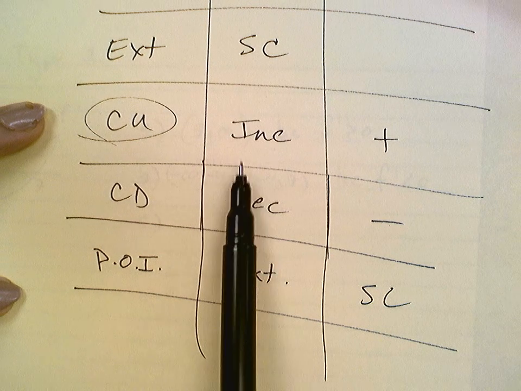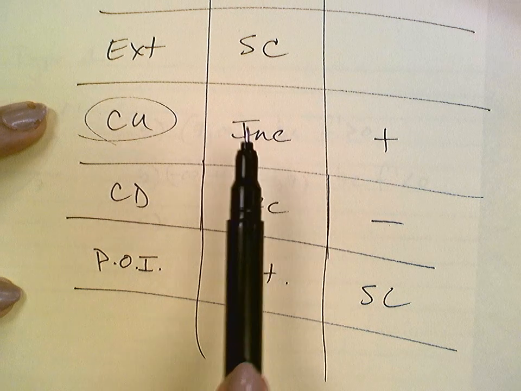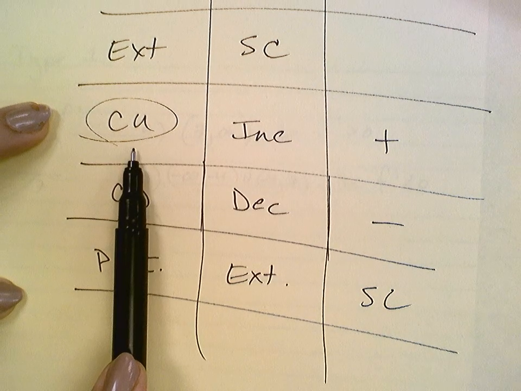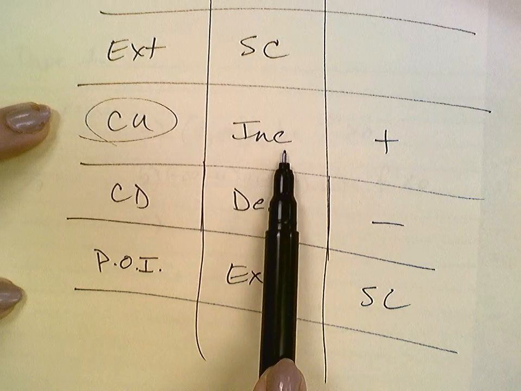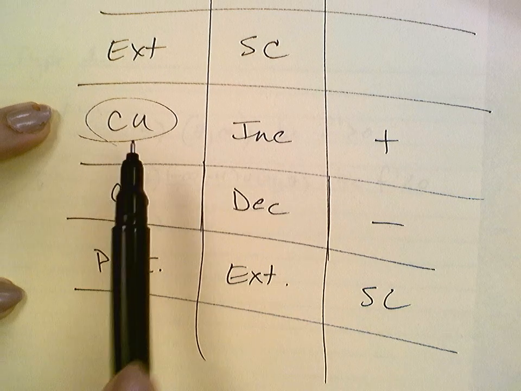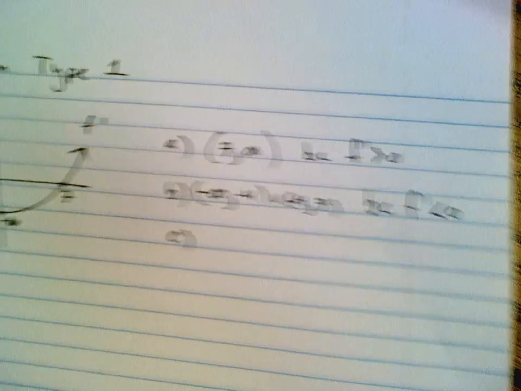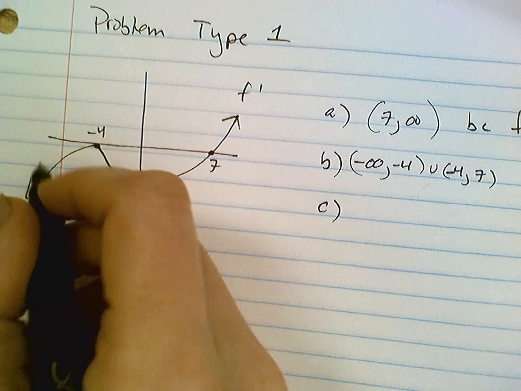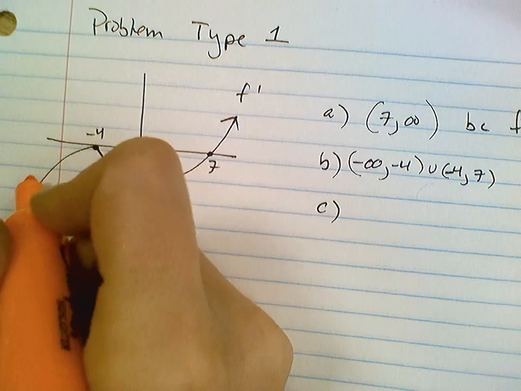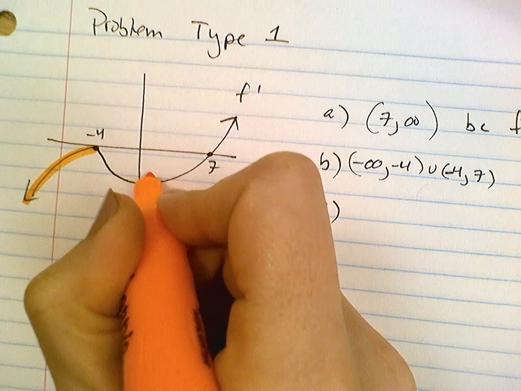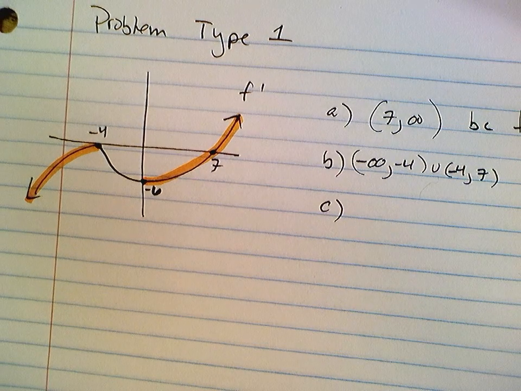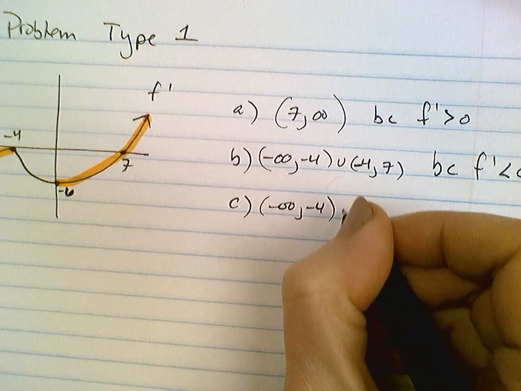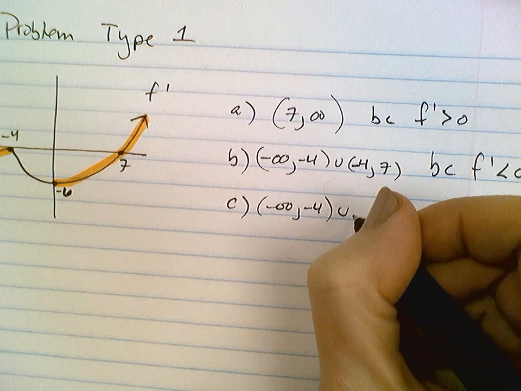So my explanation is going to go, since f prime is increasing, f is concave up. If this, then that. So where is f prime increasing? It is increasing here, and then it's increasing again there. So negative infinity to -4 union